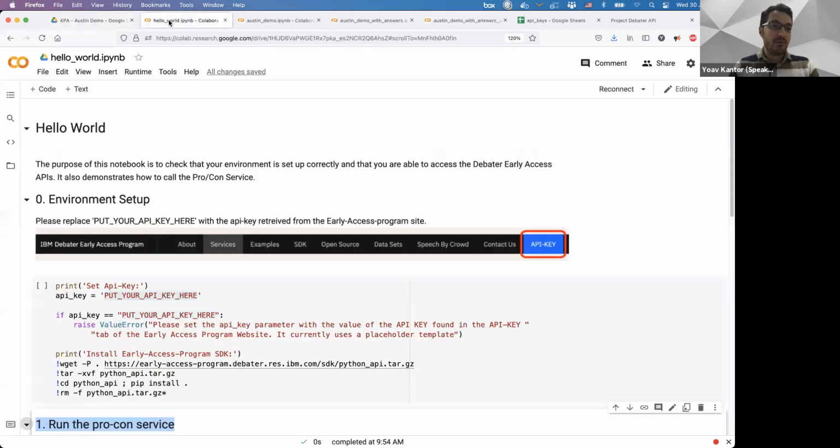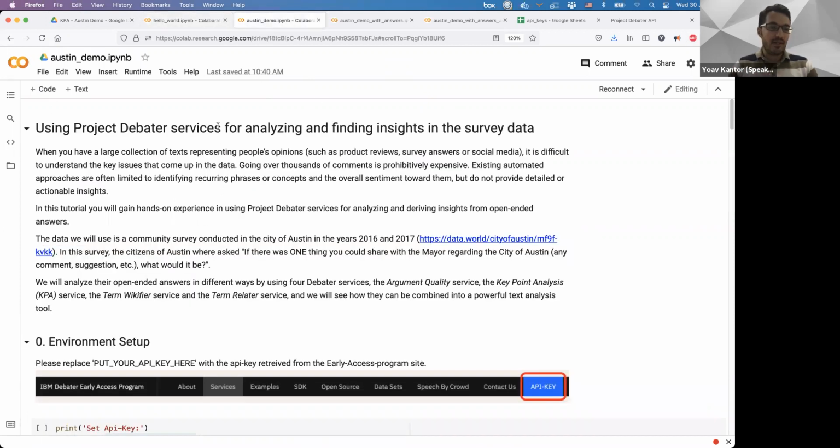And once you open it, you'll find the notebook inside Colab. So maybe let's wait 1 second for people to be able to do so. Okay, so this is the Austin demo. Let's please open the Austin demo notebook.